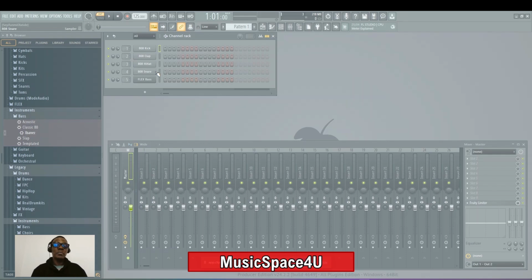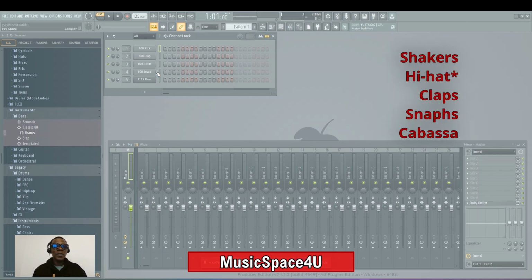I must tell you that basically you need about 3 to 4 elements for your percussion loop track. You probably need shakers, you will need hi-hat, that is if you want it. Most of the time I don't use hi-hat in my percussion loops, so I use shakers and claps, and if I'm able to get snaps and the kabasa shaker, I think basically that is what I use